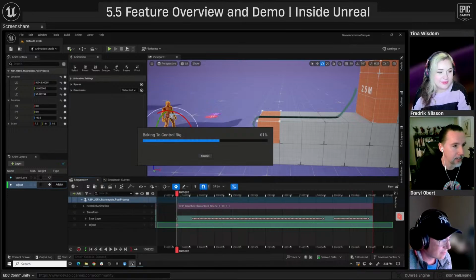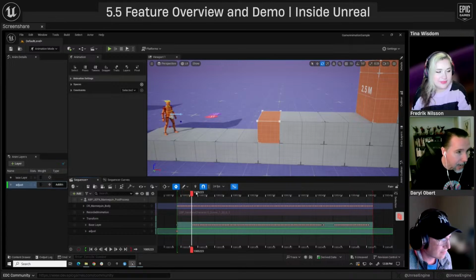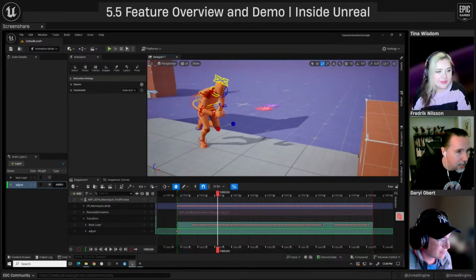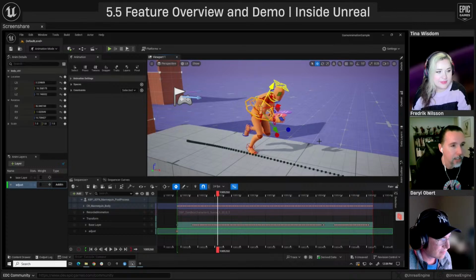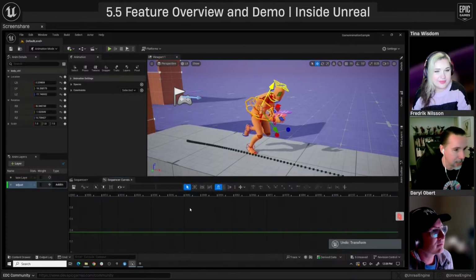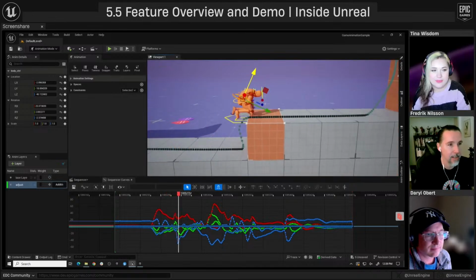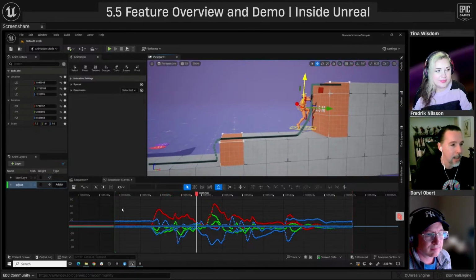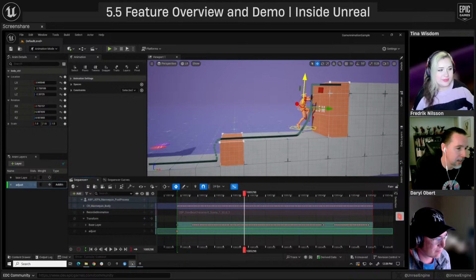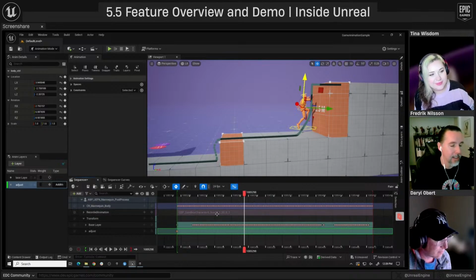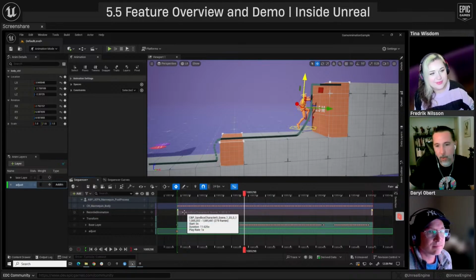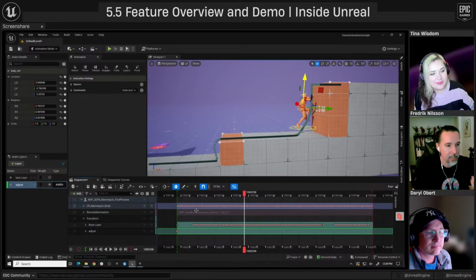I'll just leave those settings. It should bake it now. So now all that animation has been baked to the control rig. Again, I could use animation layers to animate this wiggly, squiggly data that is on every control, right? But that's very heavy-handed because say I wanted to blend this clip with a walk and then a run at the end, to stitch things together. This is a very destructive workflow because you're baking into the controls of the rig.